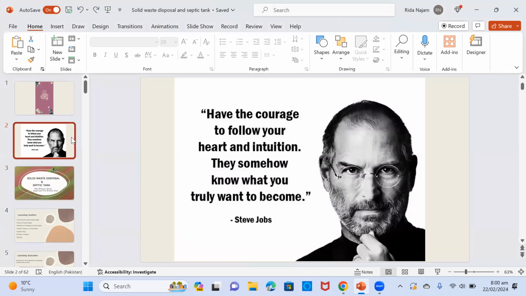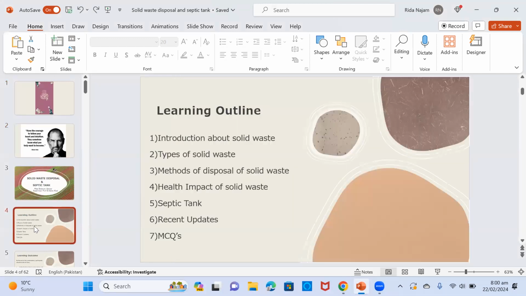Our quote of today is: have the courage to follow your heart and intuition. They somehow know what you truly want to become. Steve Jobs. Learning outline: introduction about solid waste, types of solid waste, methods of disposal of solid waste, health impact